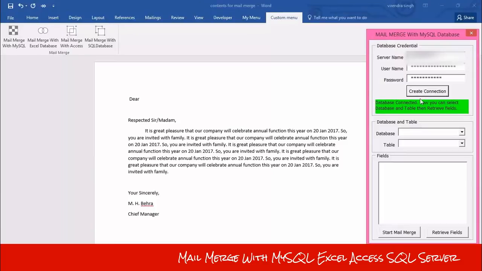When I click this button, you can see the label has turned green. It means the database is connected.